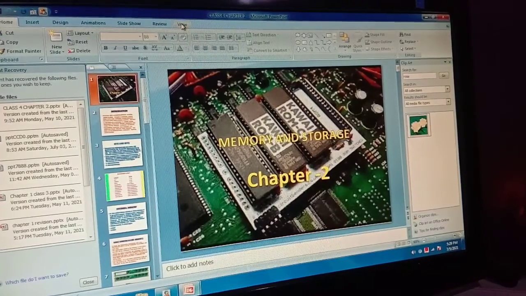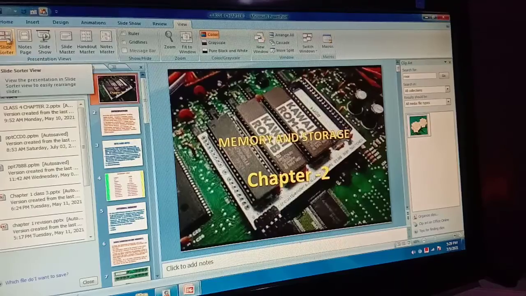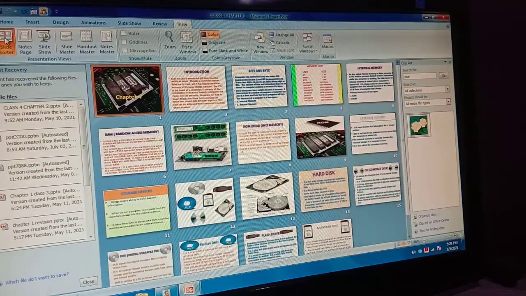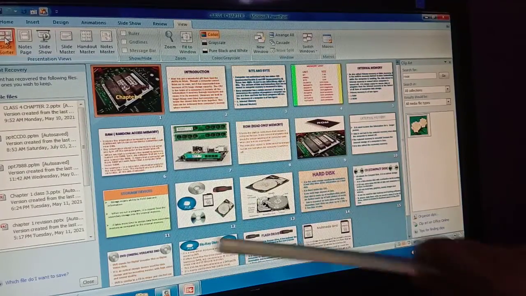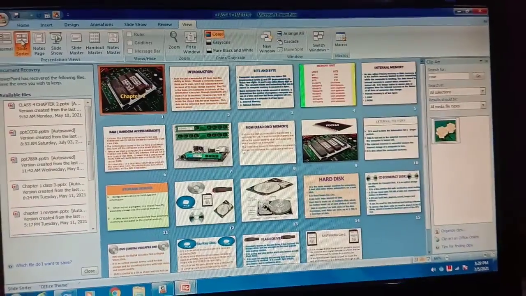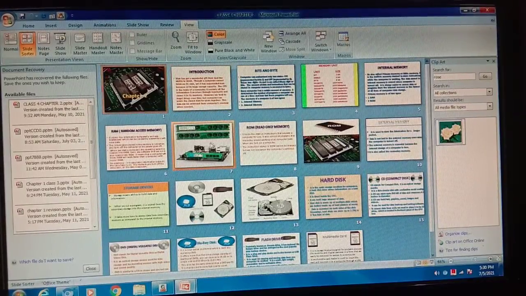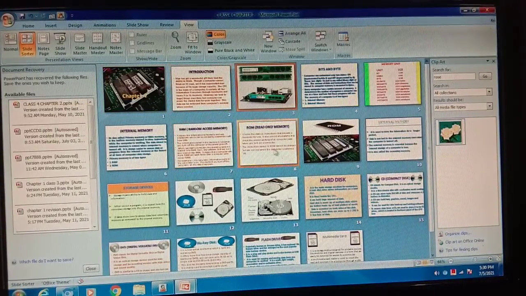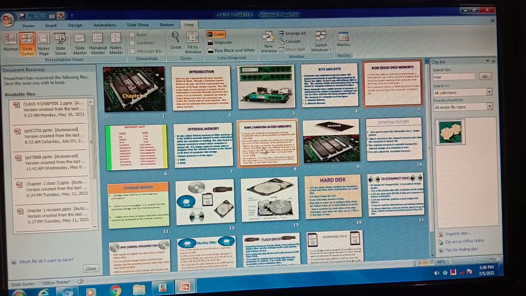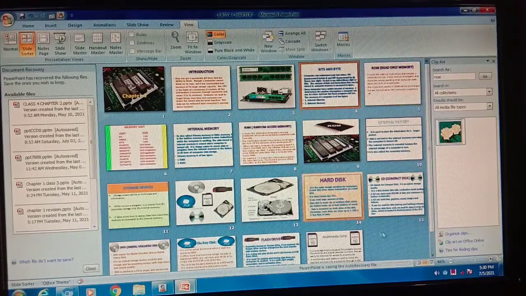Click on the view option and then go to the slide sorter option. See, your slides will display like this. All slides will display together in one window, and now you can arrange your slides according to your need, like this. For example, if you need to place this here and this here, you can place it here. You can place any slide from here.